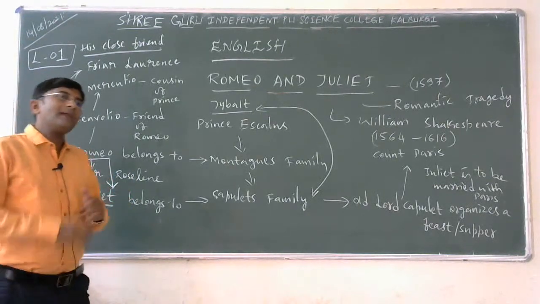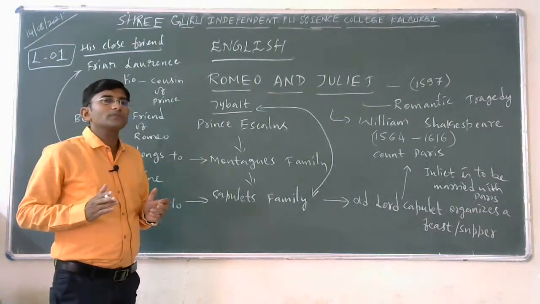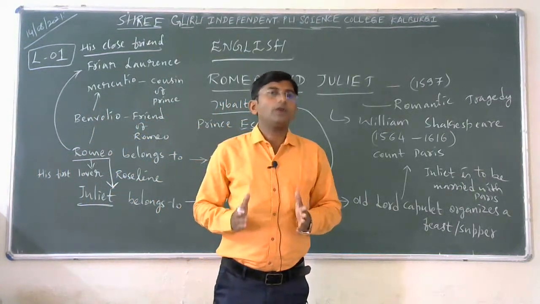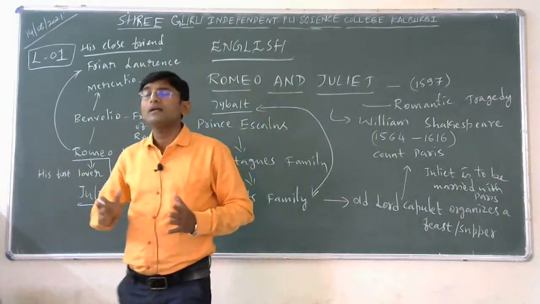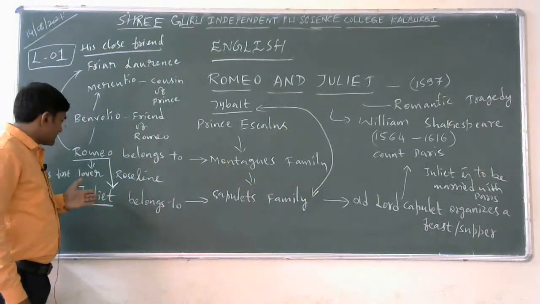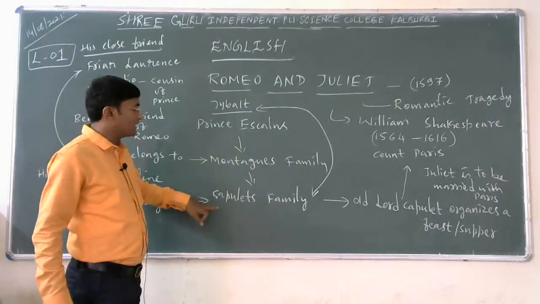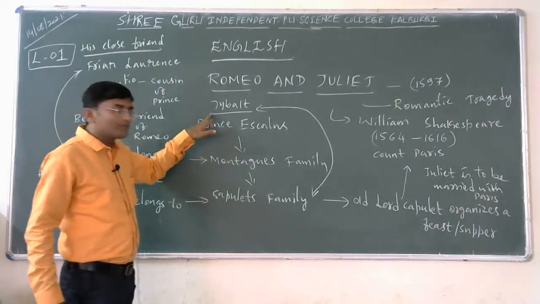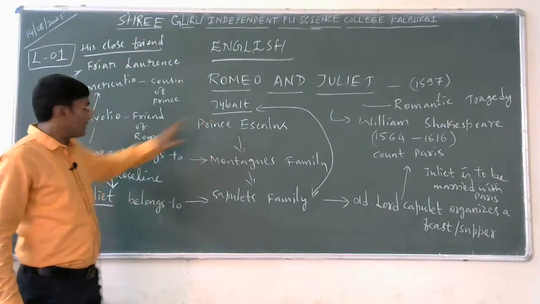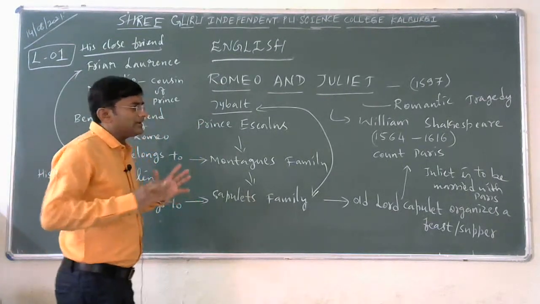Meanwhile, what happened? Of course, they were supposed to exchange their wedding ring, as they had chosen the life partners of their life. But what happens? After this happened, Tybalt got to know. Who is Tybalt? He belongs to the Capulet family, the enemy of Mr. Romeo here. My dear students, Tybalt is the enemy of Romeo. He just got to know, and in an angry mood,